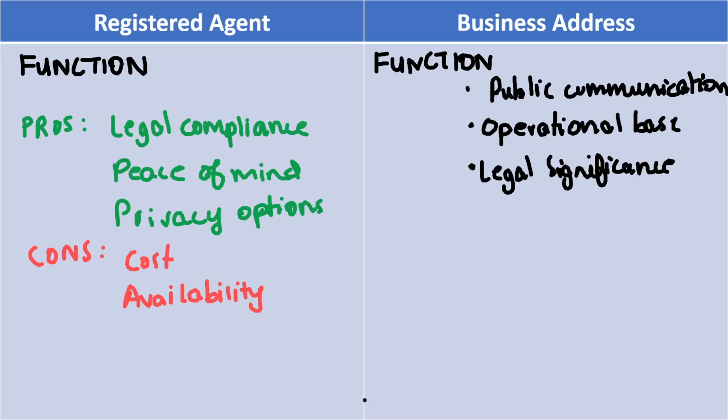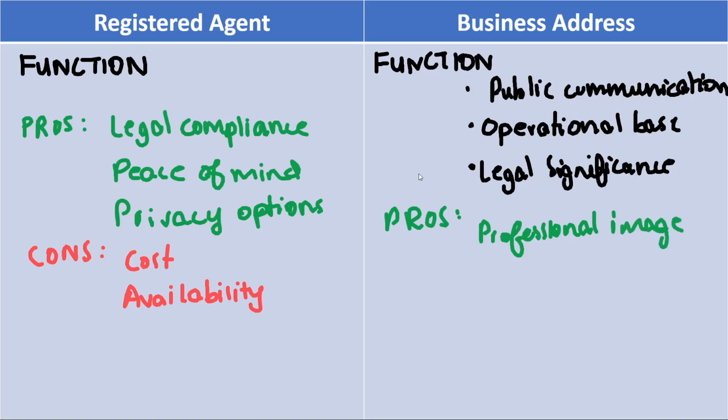Now let's look at the pros of business address. The first one we have is professional image. It projects a polished business image with a physical address in a prestigious location, especially if you use a commercial office space or a virtual office address. The next one we have is